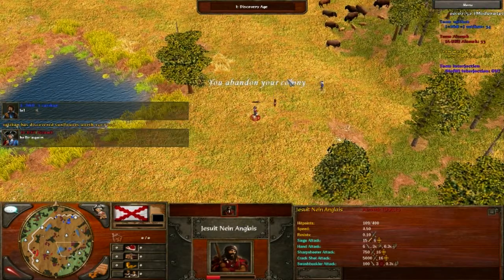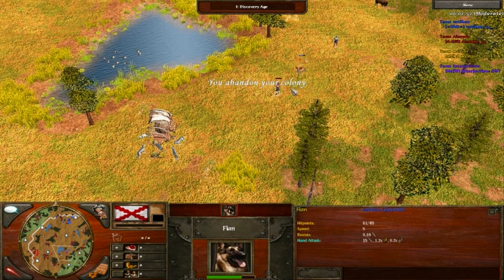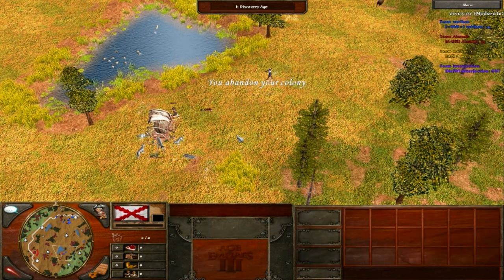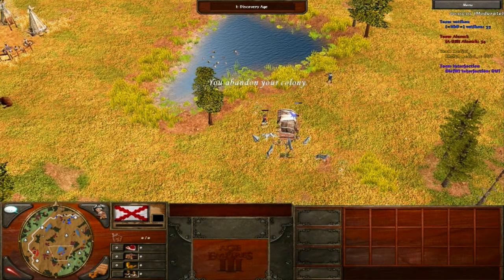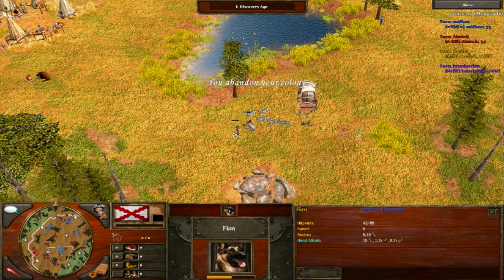It's always good to kill your opponent's explorer if you can. If you can get your unit into hand combat, which this war dog is doing, it slows him down. You might notice when this happens with all units in the game. If you get a unit into hand combat, it slows the entire group down. So it's going to slow the explorer down. We're going to kill the...